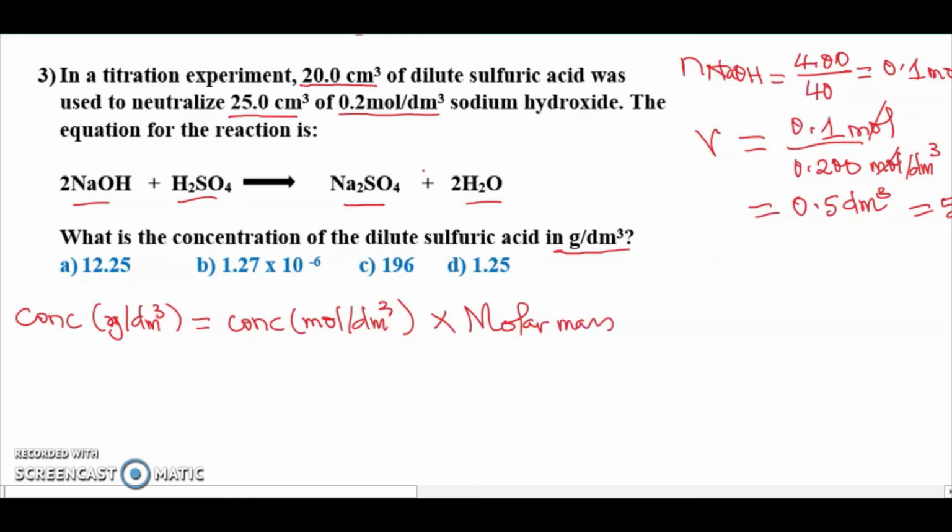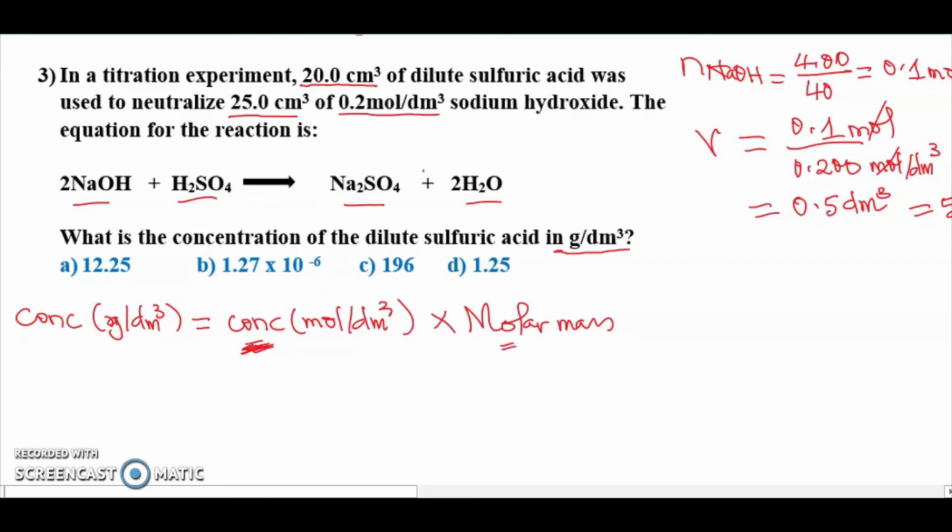Okay, so what we need here is the concentration of the dilute sulfuric acid in mole per dm cube, and we need the molar mass of